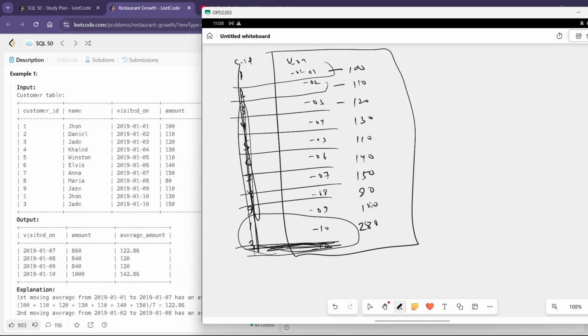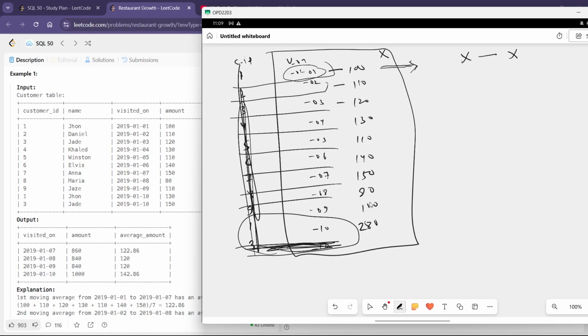Now what we have to do is select a window of 7 days. So how should we select? Let's say, for example, I select this first date and I join the same table, let's say this table is X. If I join X with X on a condition that any entry, you pick any entry, for example the first entry, join the first entry in the first table with entries in the second table in such a way that the visited on in the first table and visited on in the second table